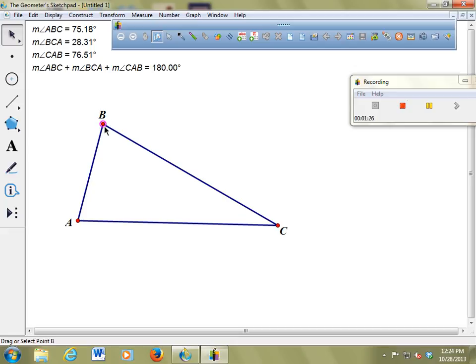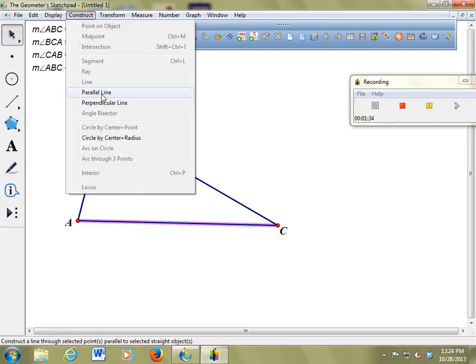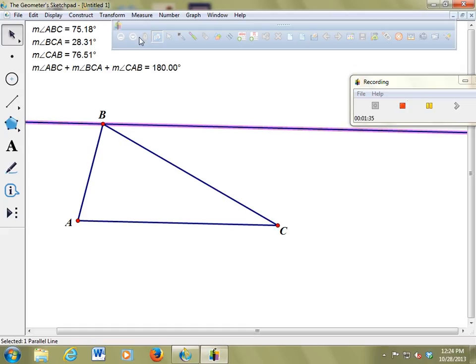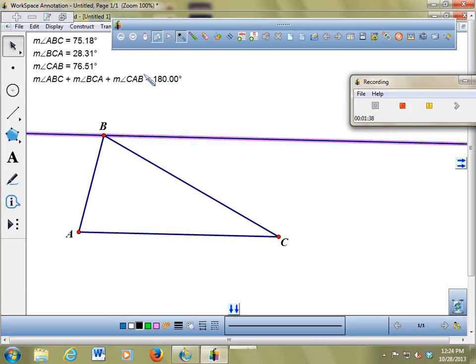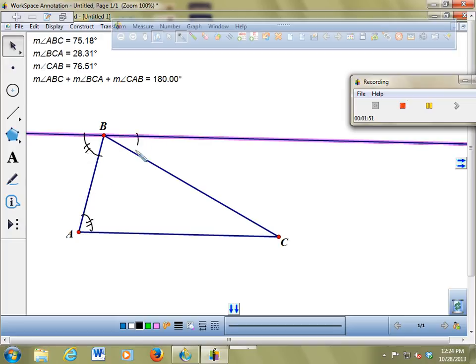So one way I can do that is by clicking this and then clicking this and go construct parallel lines. All right, and notice what do you know has to be true about this angle here and this angle here? They have to be the same because those are called what? Do you remember? Alternate interior angles. Okay. What's got to be true about this angle here and this angle here? They're the same. Because if you have parallel lines, which you do,